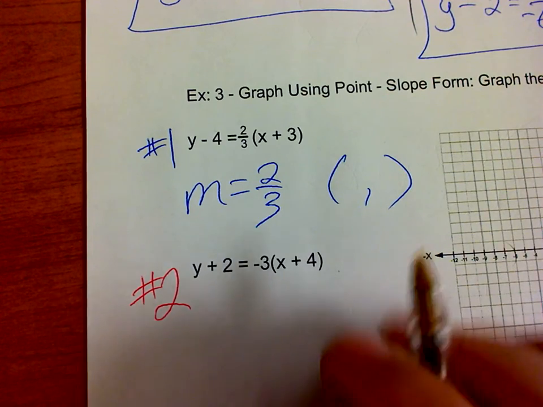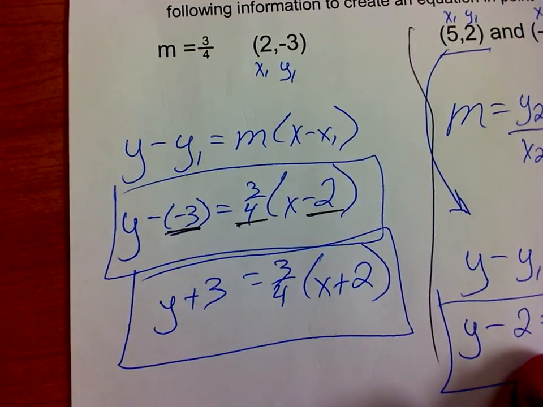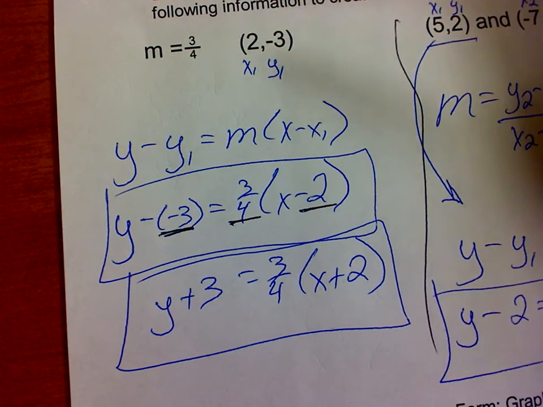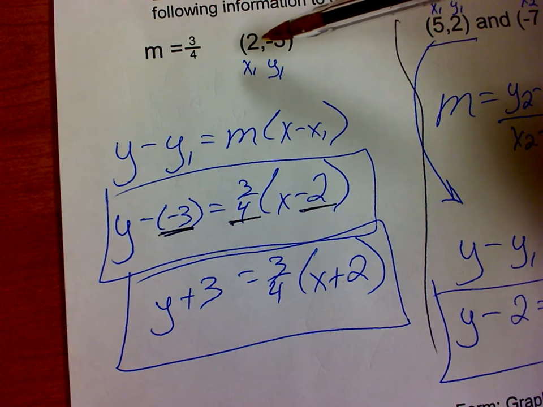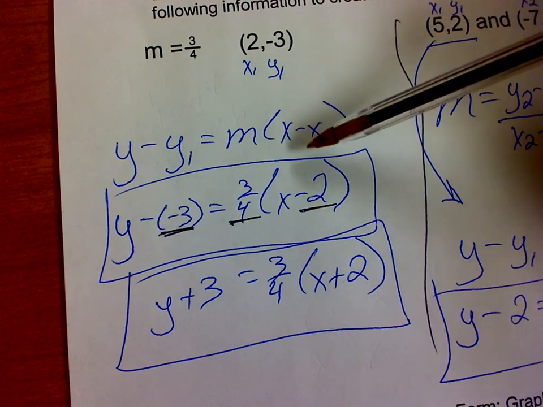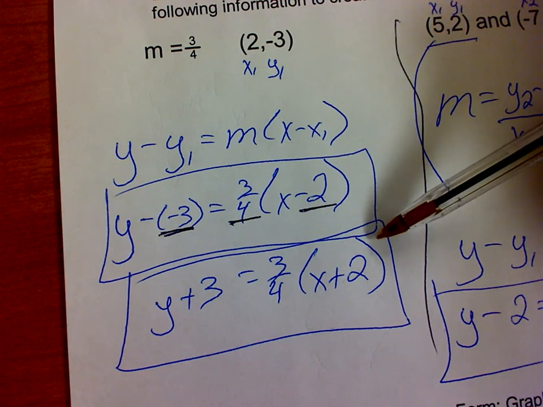But here's the thing. Let's take a look back at this previous example up here. Notice that the 2 that they gave us in this point up here for the x is positive, okay? But when I plugged it into my equation for x here, look,